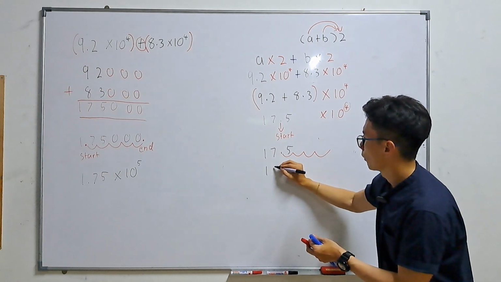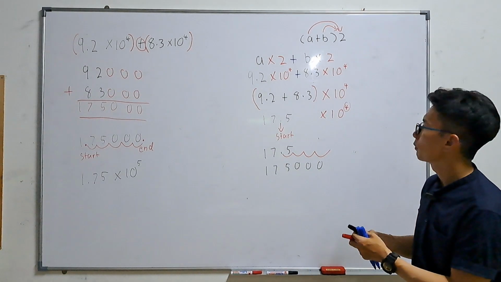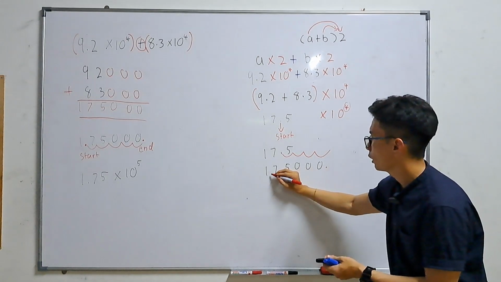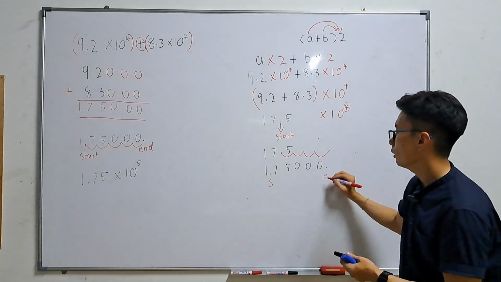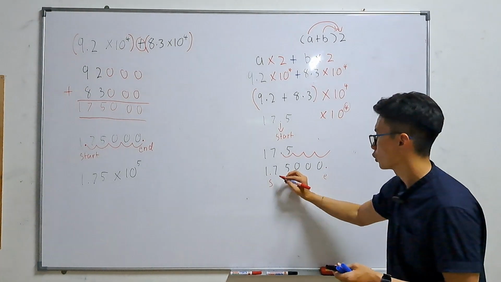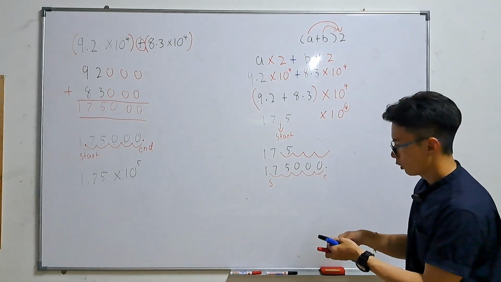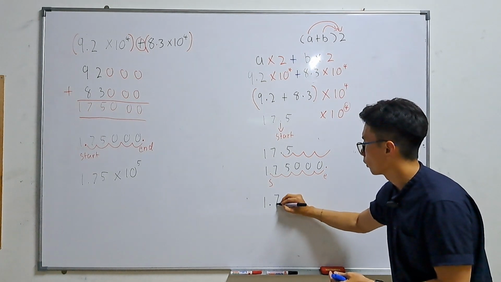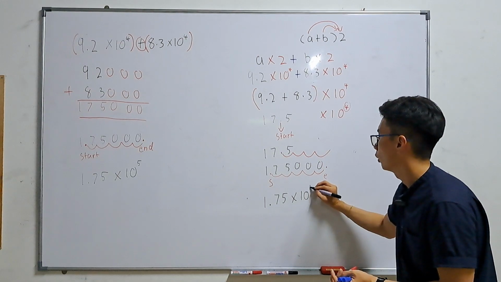So in the end, I will have 17.5000, right? So in the end, I will just identify my start and end point, which is this. This is my start, this is my end, and then all I need to do is to jump 1, 2, 3, 4, 5. So as a summary, my final answer will be 1.75 times 10 to the power of 5,